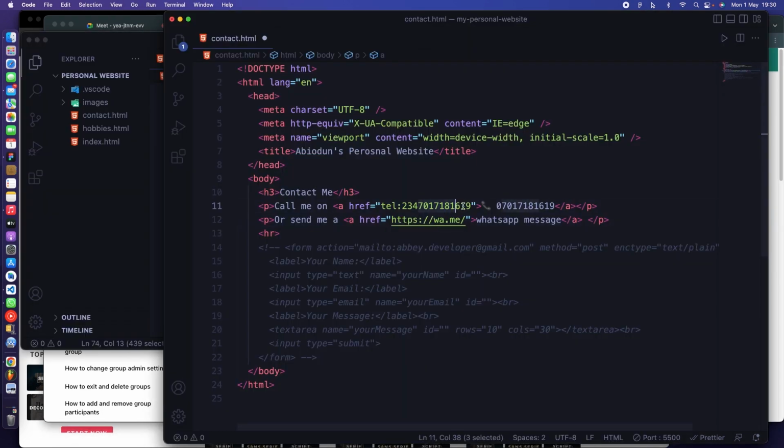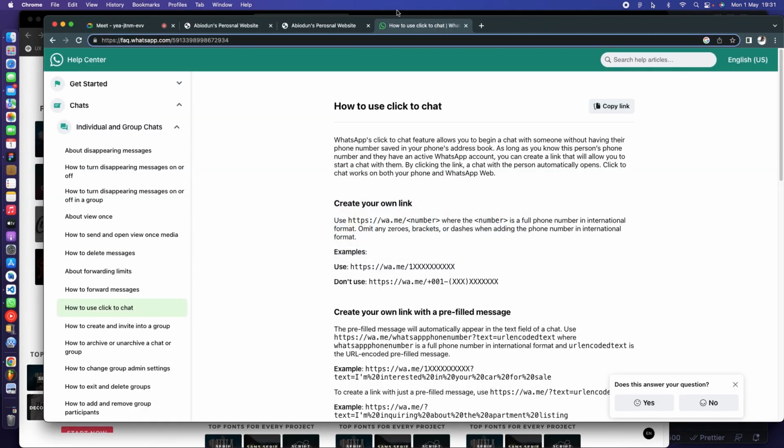So this is my own number. Now don't use 234 or anything, just use your number. You can use 234, but it should not be plus anything, like I said before. So you can say 234 70 17 18 16 19, and then when you save it and you click on this in your browser,